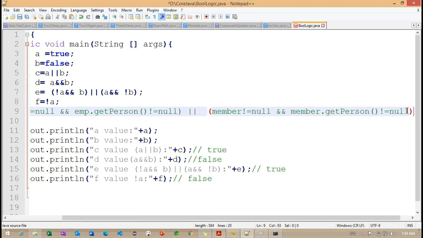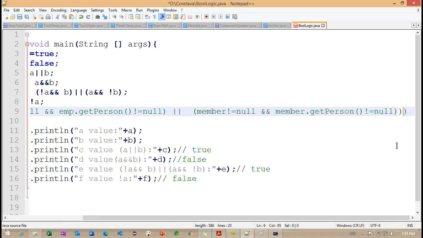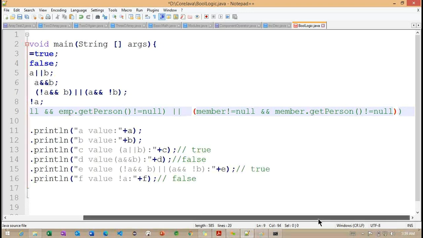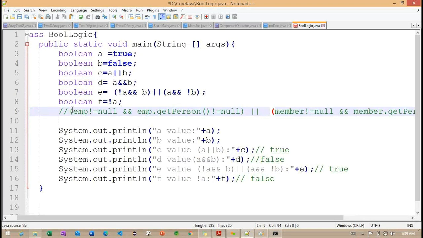So observe carefully what I'm doing here. I'm trying to check one more here. So here I'm checking with employee not equals null, employee dot get person not equals null.